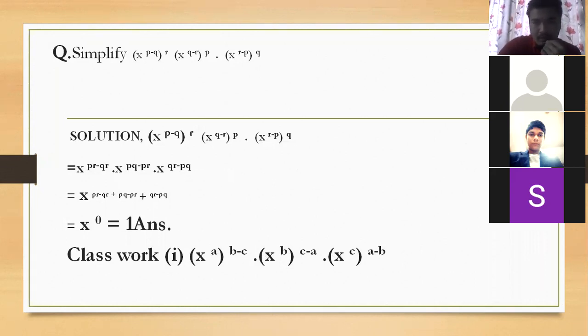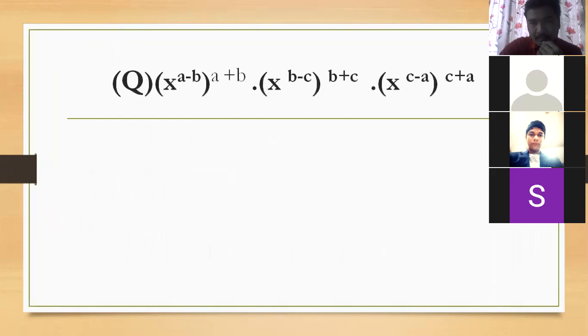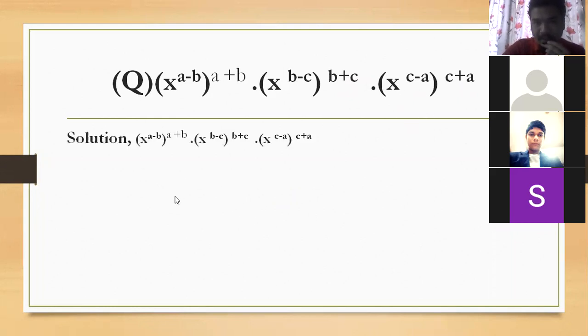Now, I am proceeding to the next one. Here, this A minus B will multiply with A plus B. When A minus B multiplies with A plus B, you know it is a formula. It will be A square minus B square. Right? B minus C multiplied by B plus C gives B square minus C square. And when you multiply C minus A with C plus A, it will also be C square minus A square. Then its solution will be like this. It's A square, okay? It looks like 2, but it's a square here, okay? You have to understand that.